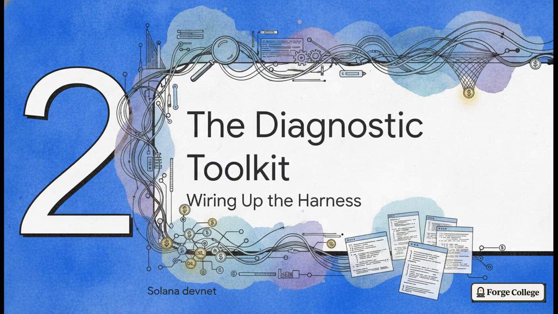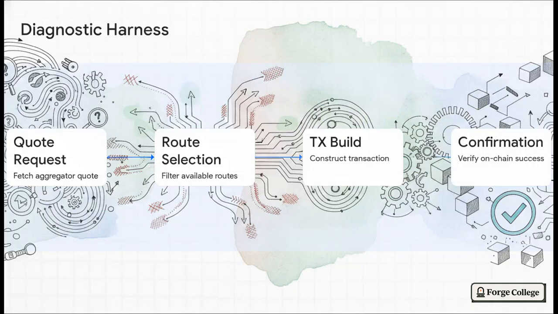Okay, moving on to Section 2, the Diagnostic Toolkit. It is time to wire up the harness. So, to catch these errors before they make it to production and cost you actual, real money, we need to wire up a diagnostic toolkit on the Solana DevNet using structured JSON logs. By wrapping 4 specific checkpoints in your swap code with a logging library, that's the quote request, route selection, transaction build, and confirmation, you create a reproducible testing harness that tracks absolutely every single move your transaction makes from start